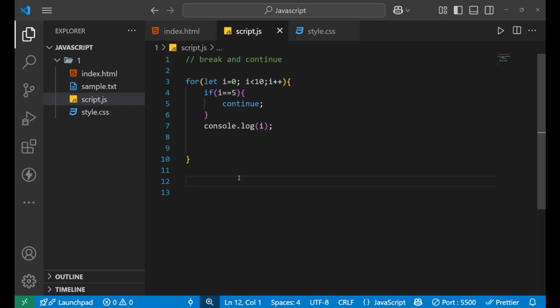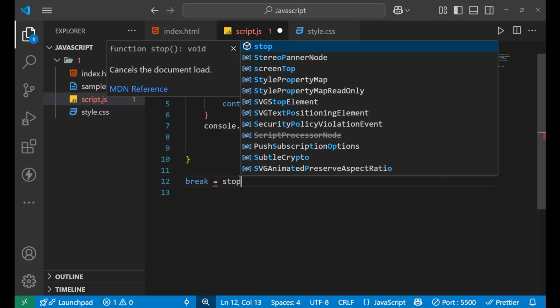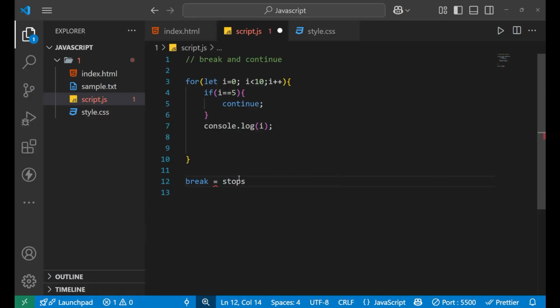Now you just need to remember that break stops and continue skips. It depends on in what condition you need break and in what condition you need continue.